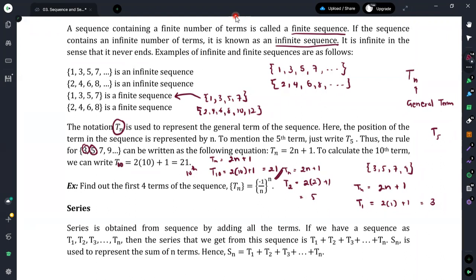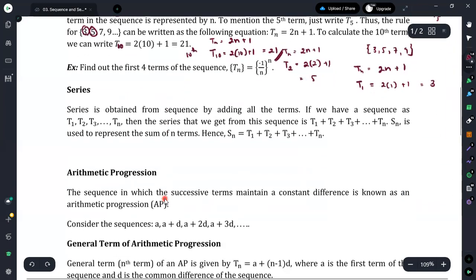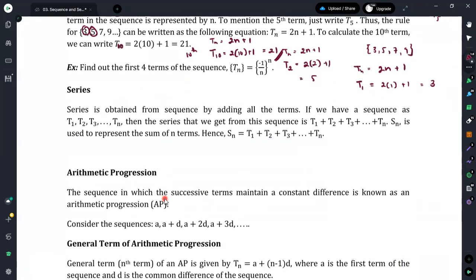Here we are asked to do an exercise related to this. Find out the first four terms of the sequence defined as Tn equals (-1)^n over n. We are asked to calculate the first four terms. Simply, we know that Tn is equal to (-1)^n over n. Therefore, to calculate the first four terms, what you have to do is